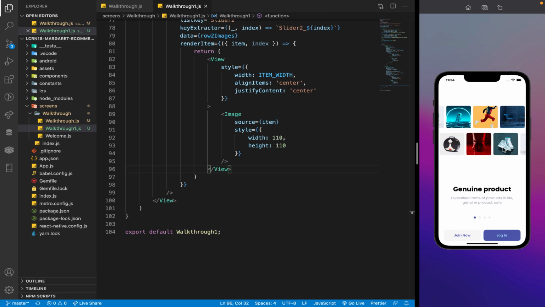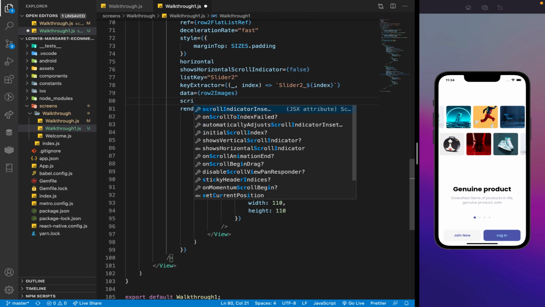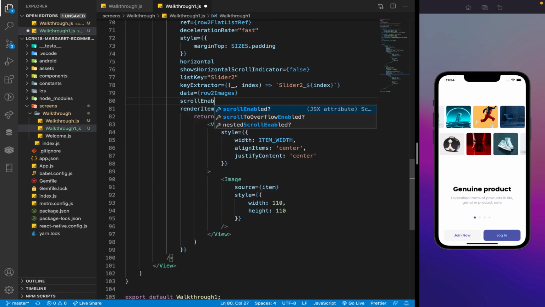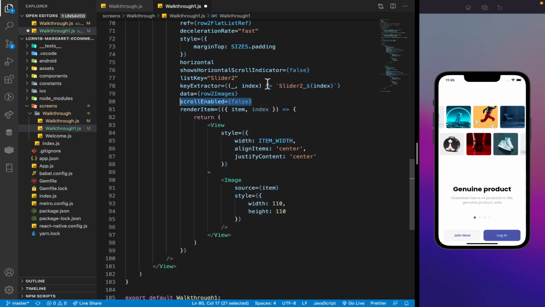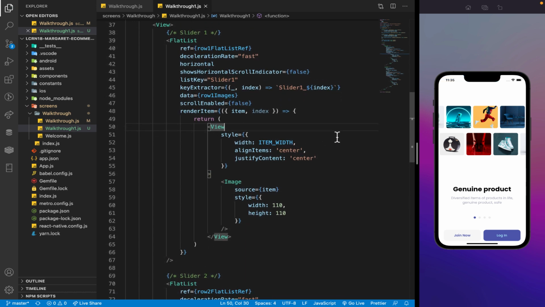The next thing I'm going to do is set the scroll enabled to false. I do not want the user to be able to scroll through the list, right? So scrollEnabled equals false. Same goes for the first slider over here. Alright, save it. Now in order to make sure we can scroll through the flat list automatically, we need to